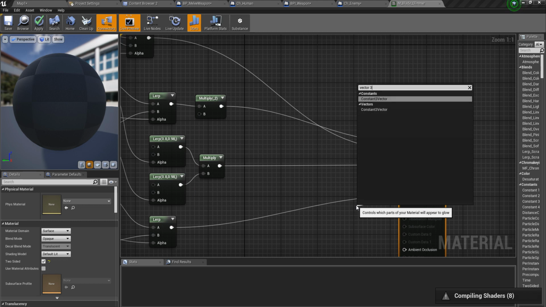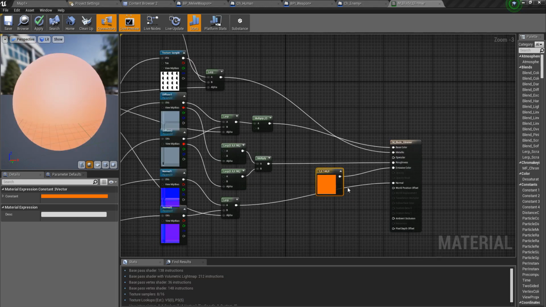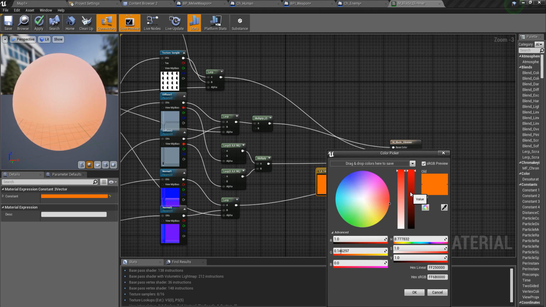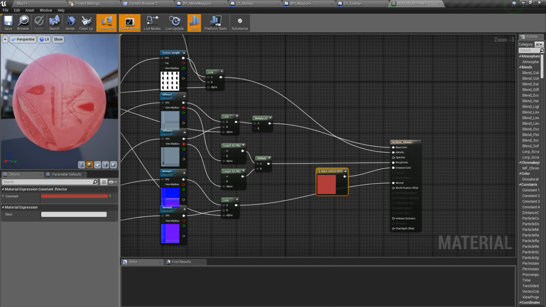Yes, constant would do for now, and I'll change the color to red. Well, this actually looks a little bit unrealistic. Well, I think this color would work,